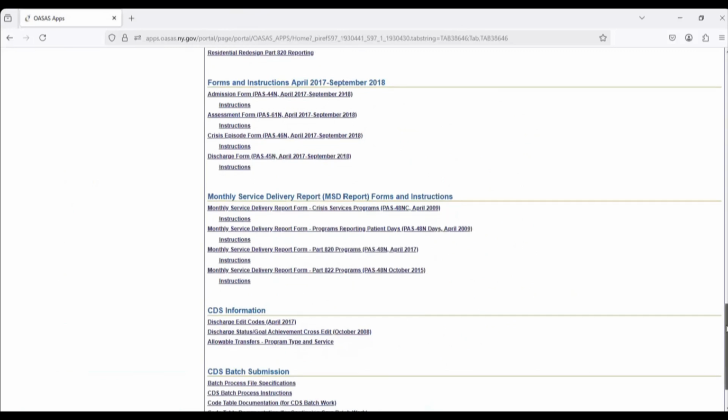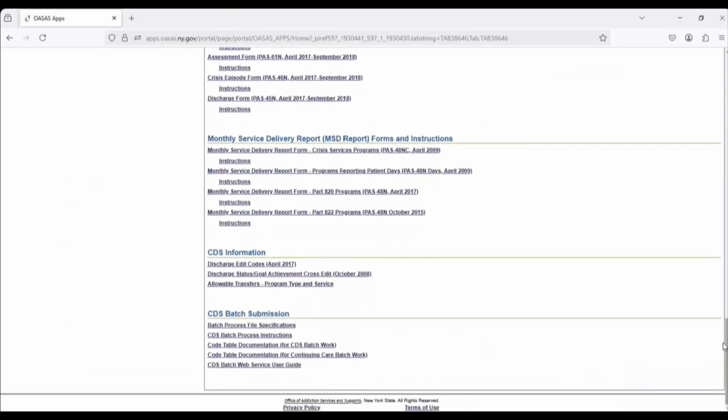Below that, we have batch submission information. If you're using an electronic health record and you want to submit your transactions to us via batch instead of individually entering them, you can work with your vendor to create files to do that. The documentation that your vendor will need is all here. So we have the file specs, and we also have the code tables needed by your vendor to create those